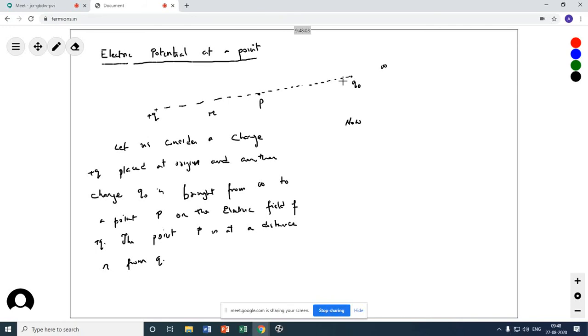So the closer you come towards plus Q, you start feeling more and more, right? Now I will show you like this. Let's say this is the point where currently Q is, and you make a displacement of dx, and this point is at a distance of x from Q. Now if dx is the small displacement,